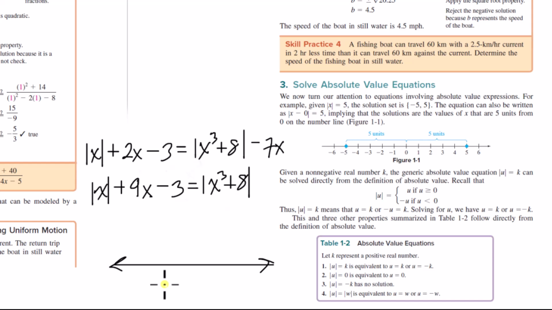So -2 is a crossover point. Let's see. -2 is a crossover point, and then 0 is a crossover point. And those are the only two crossover points. So we're done. Now, just to note, when it comes to other expressions, you might have a